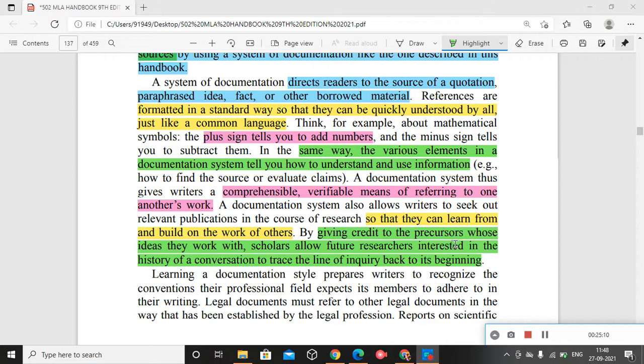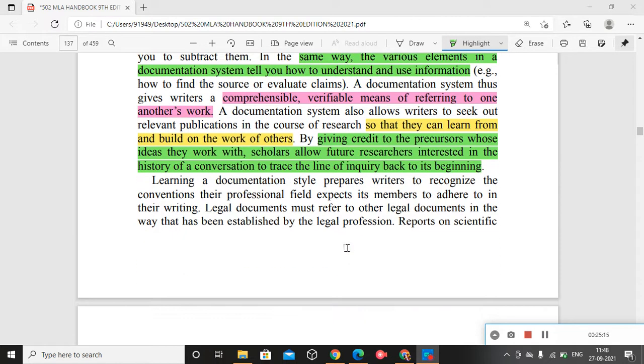So by giving credit to the precursors whose ideas they work with, scholars allow future researchers interested in the history of a conversation to trace the line of inquiry back to its beginning. That's the main idea. As we know about the Beginning Theory text, at least from the classroom or some other academic platform, certain theories are available in that text.